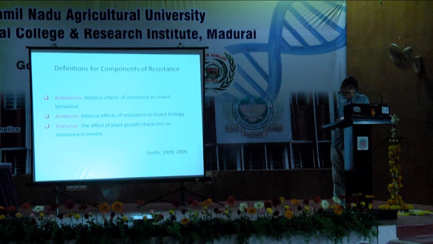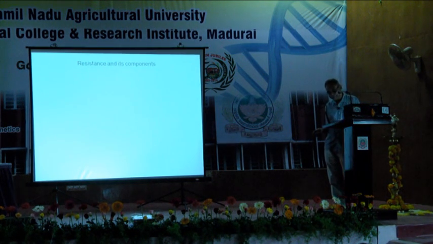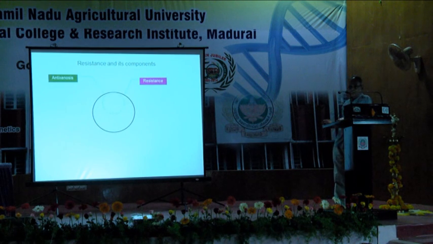So these were the refined definitions of antixenosis, antibiosis and tolerance by Smith in 1989, and now he has a very good book on host plant resistance from 2005, which is freely downloadable from Google Books. Next slide. So this is a diagrammatic